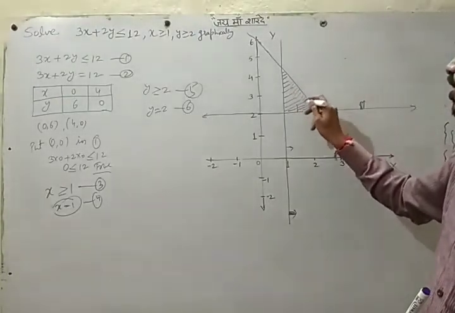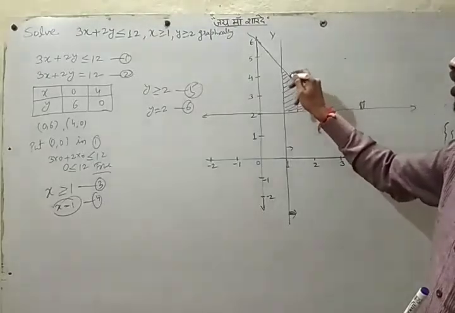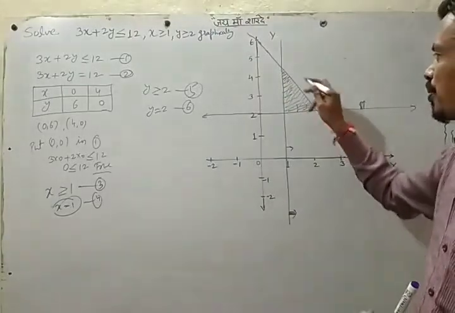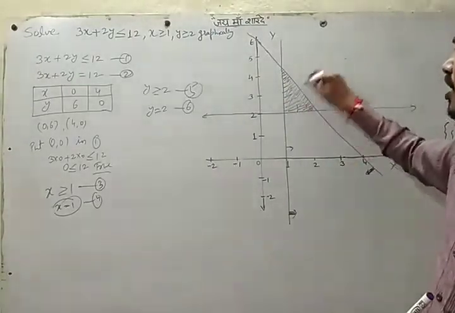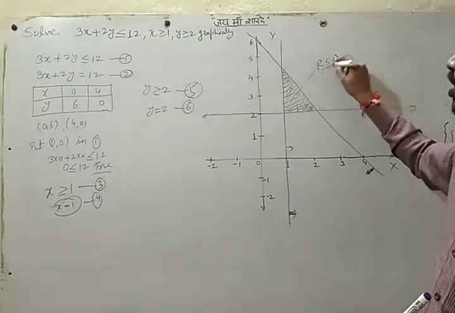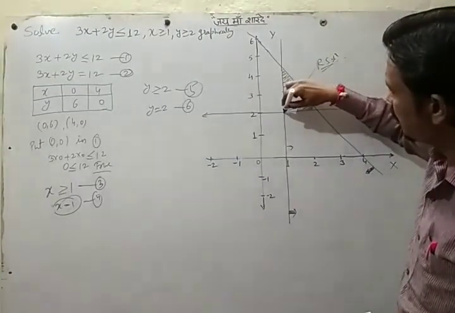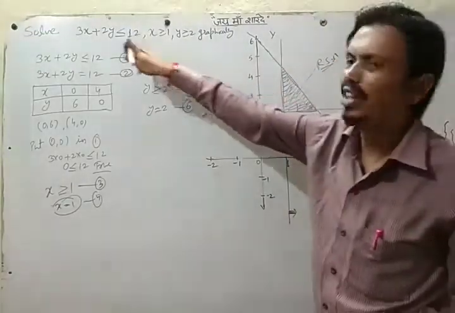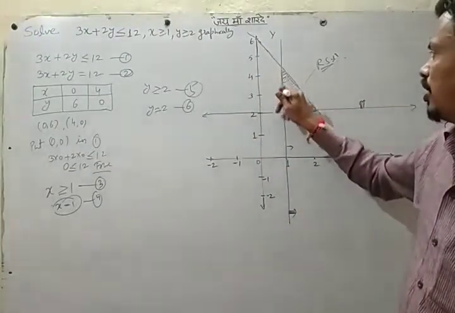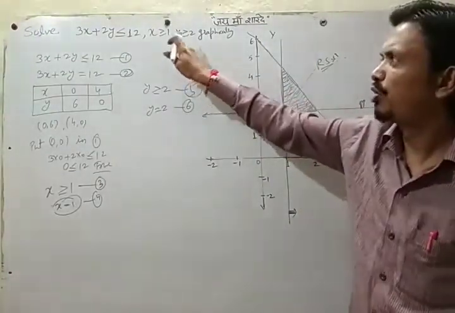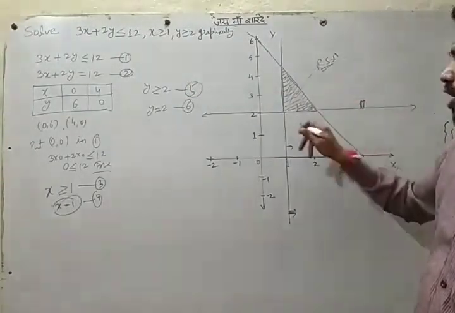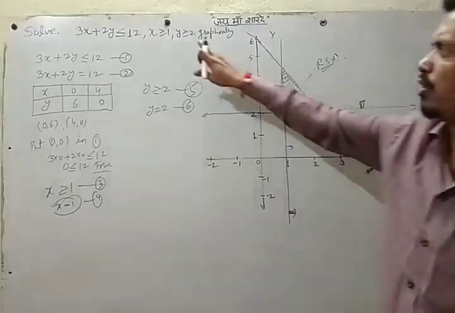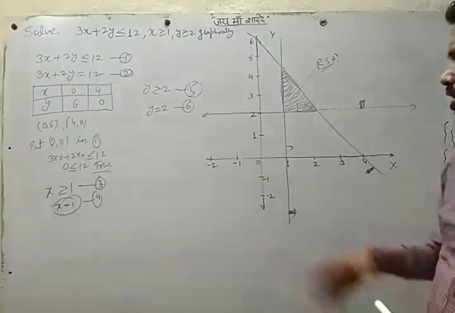This is our required solution, and it is bounded, there is no gap, it is closed. This region is our boundary region, it is our required solution, including these lines. These lines are included because here we have slack inequalities. Check: if it is strict and there is no equal to sign, then the line will not be included, and in that case we draw the line as a dotted line.